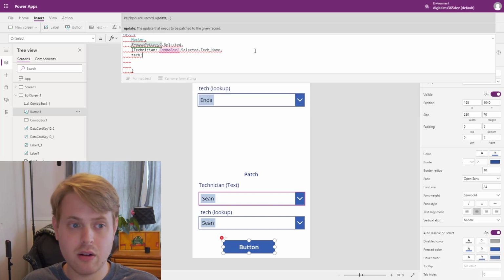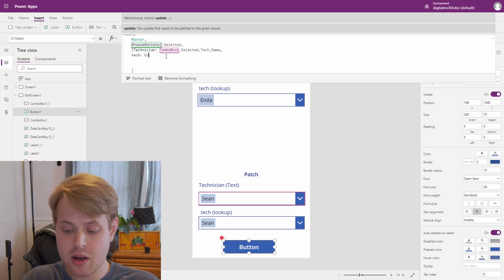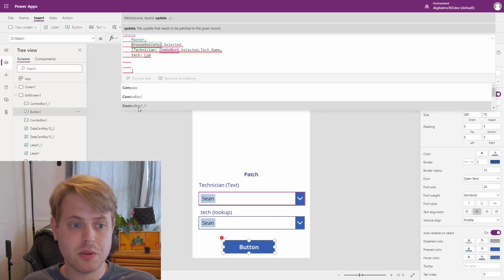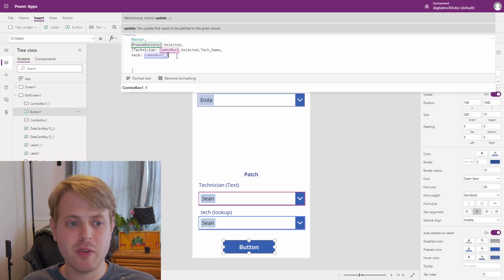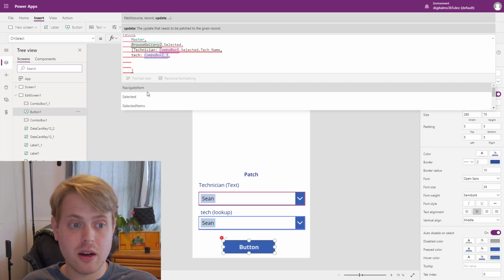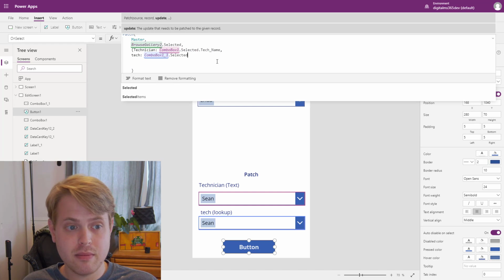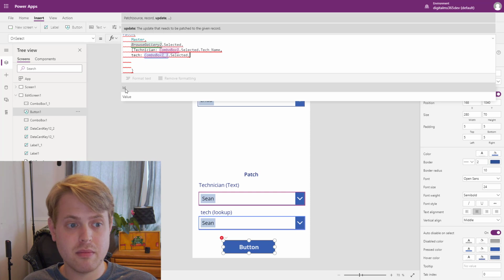It's just called tech. And tech would be our new combo box, which is combo box 1 underscore 1 dot selected dot